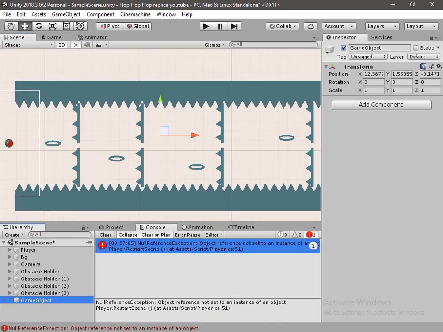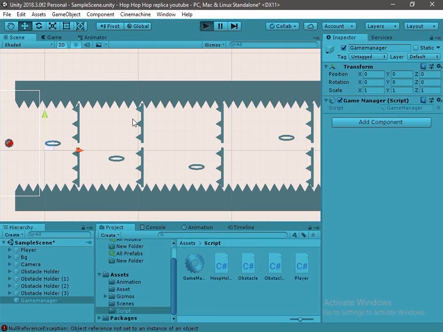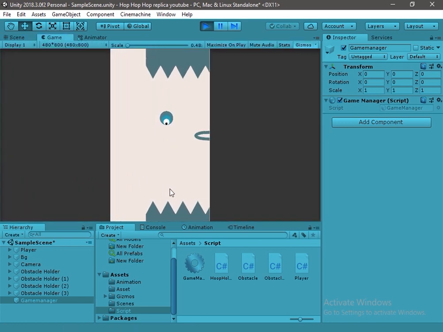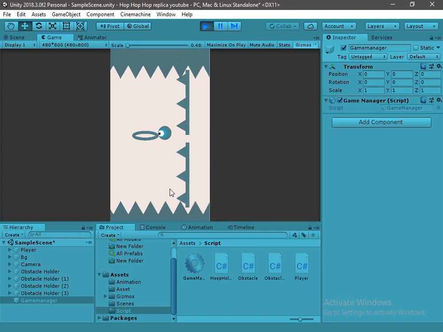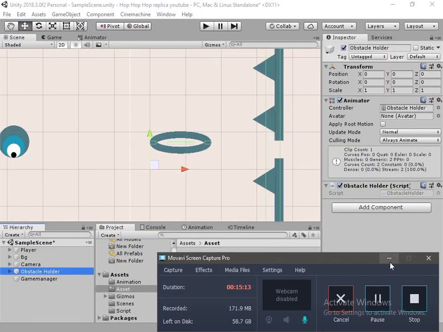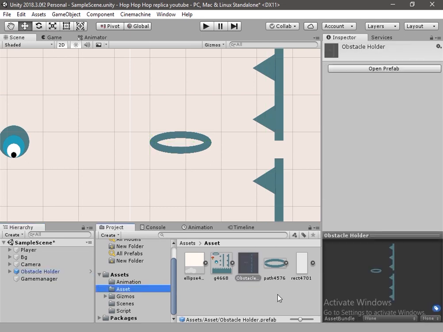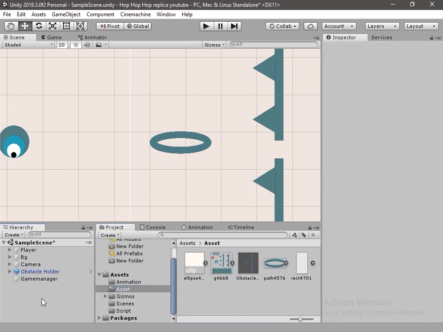We have to create a game manager game object so that we can drag and drop the game manager script to it. Now drag and drop the obstacle holder game object to make it a prefab. The game is almost complete. There is only one thing left.